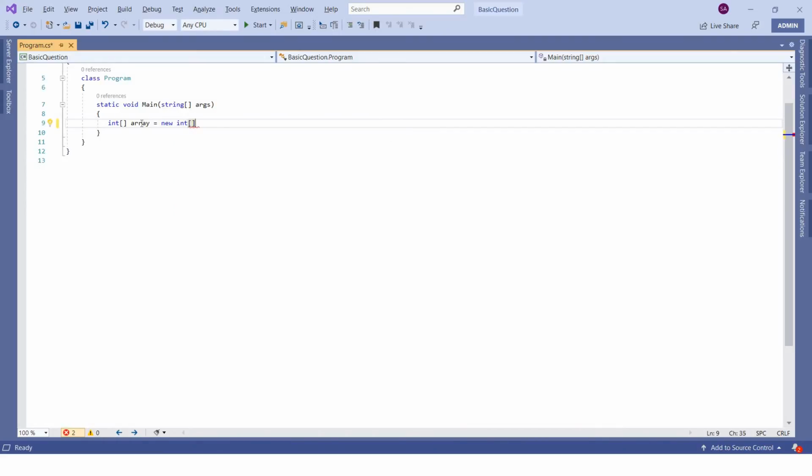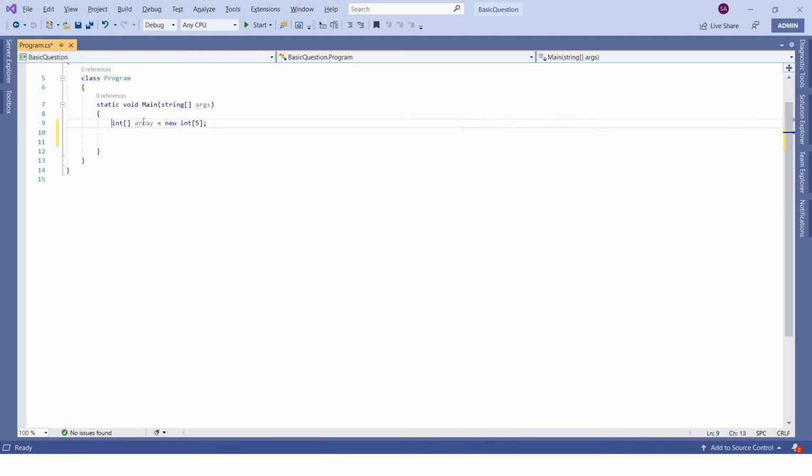I mean to say, as I mentioned, if I want to store 10 integer numbers, array always comes with a size. Whenever you try to define an array variable, you have to give it size. Okay, so this one I did. Now for example, let's not take 10, let's say I'm taking 5. So I want to store just 5 integer variables in an array.